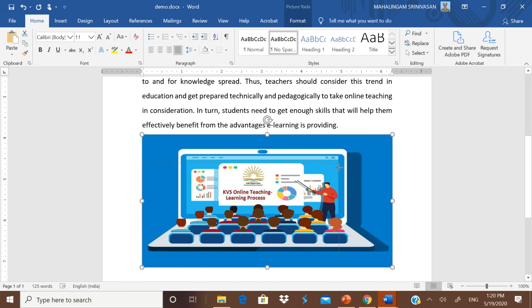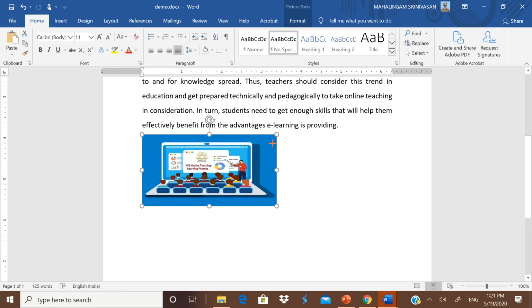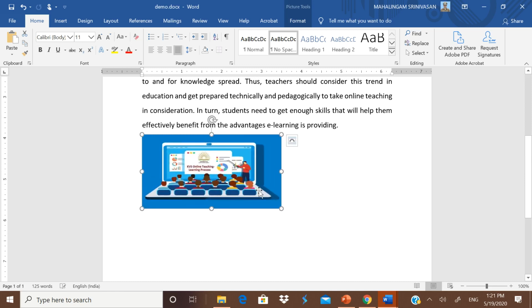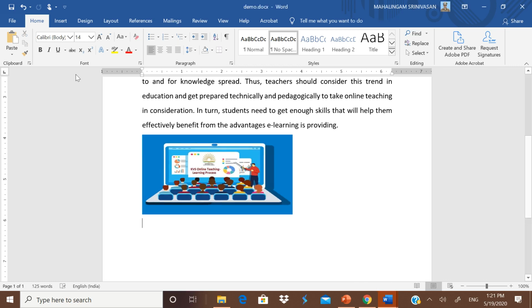Now you can resize it by using these bubbles. You can resize it, but you cannot move it. But how to move it to a required place? It is very simple. What you do is come out. You see this menu bar. Whenever you click this, one more menu opens, Format, after Acrobat.